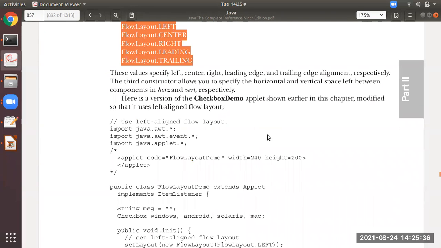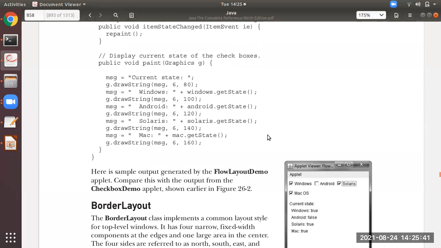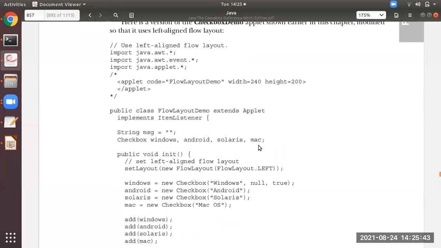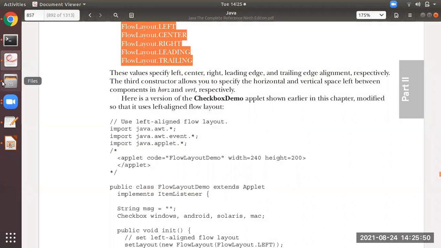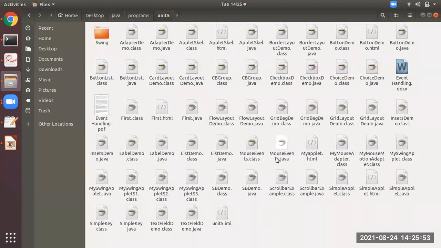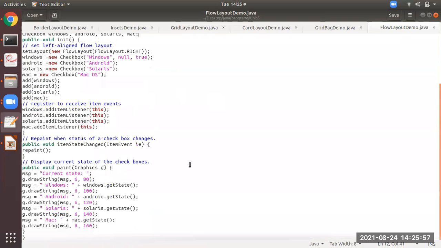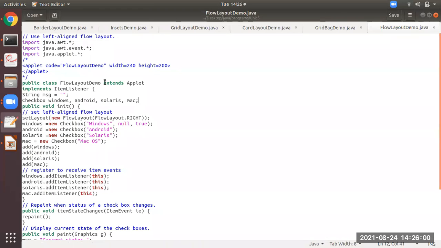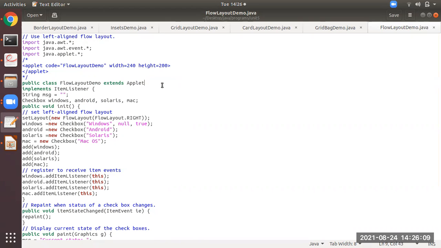You can see a simple program over here. What I'll do is show you the program, flow layout. You can see it is the default layout which is implemented by all the classes till now, whatever you have seen in applet or in AWT.